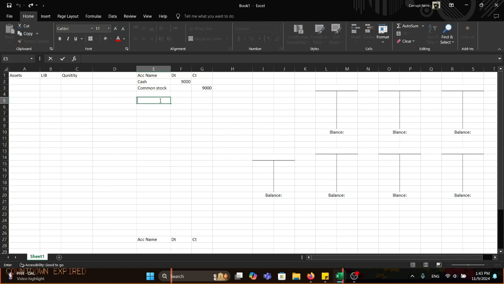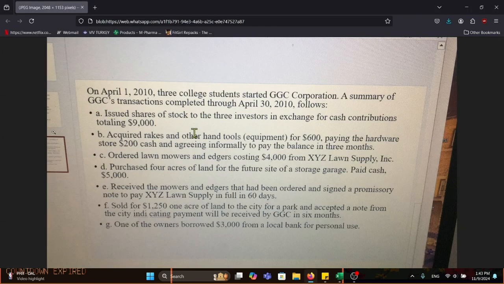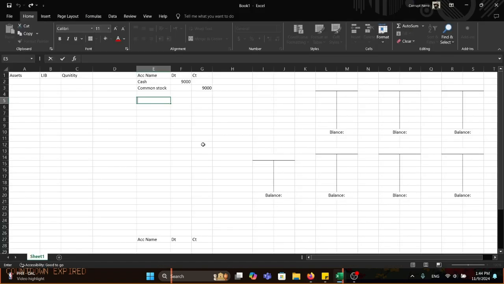And over here, we have the second one, which is B. It says acquired rakes and other hand tools equipment for 600, paying the hardware store 200 cash and agreeing formally to pay the balance in 3 months. So how do we do that? So basically, we bought equipment for 600, we paid only 200, and we told them we're gonna pay the 400 later. So here, first we're gonna write equipment